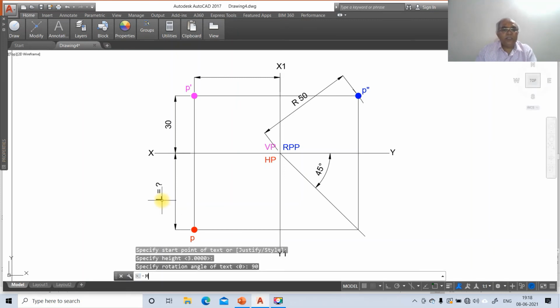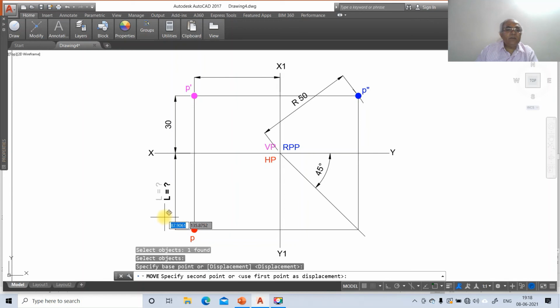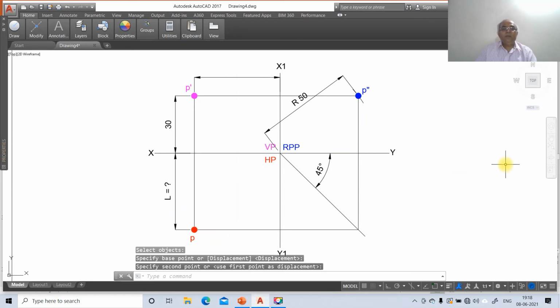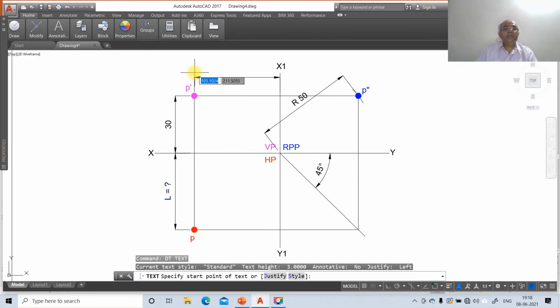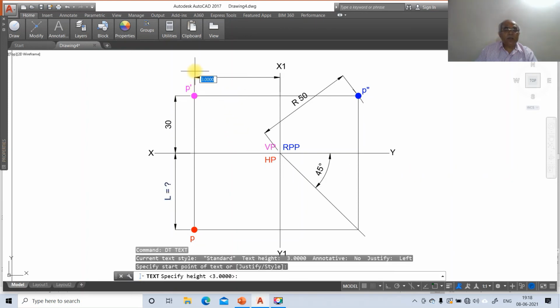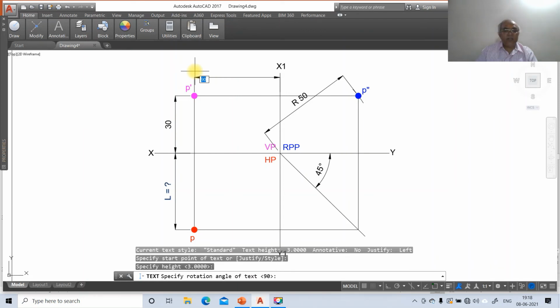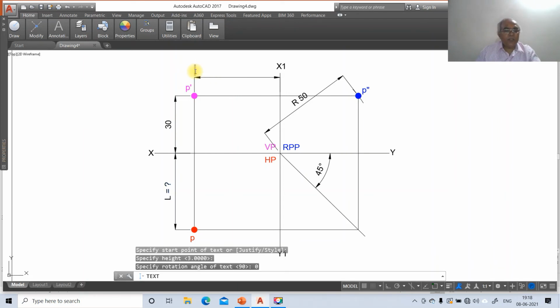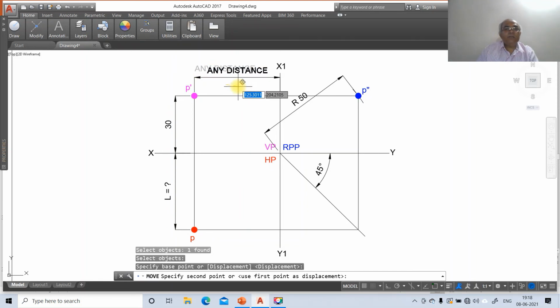Since it is rotation, it will automatically take the rotation angle. Once you set 90 degrees, everything will be taken as 90 degrees. So go to D text, take start point, specify height as 3, rotation angle as 0. Now type any distance here. Then go to move and place it here.